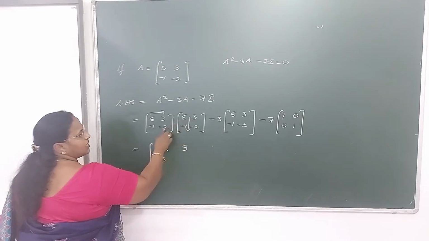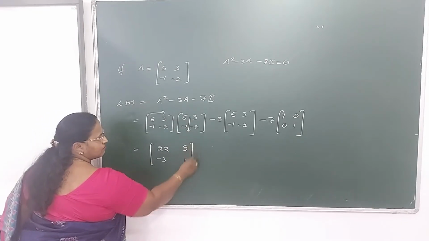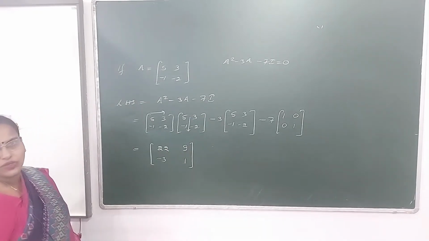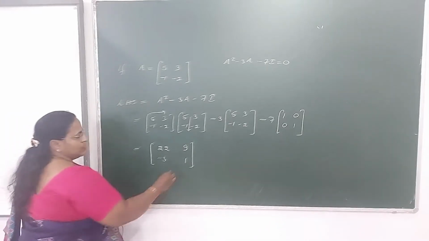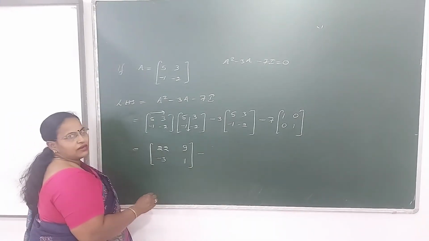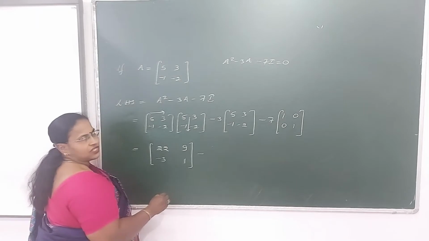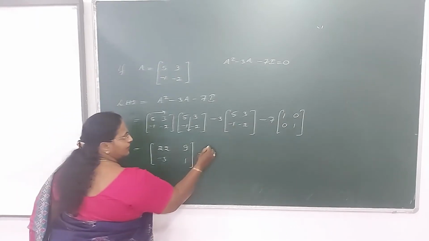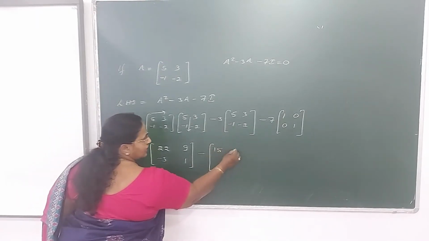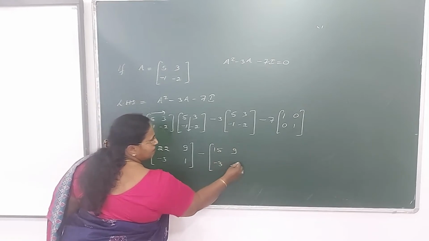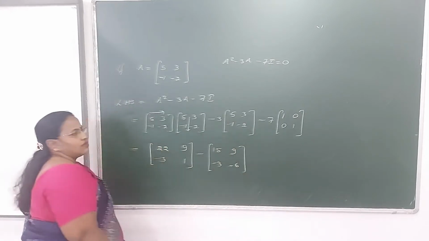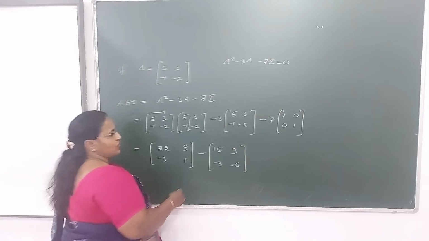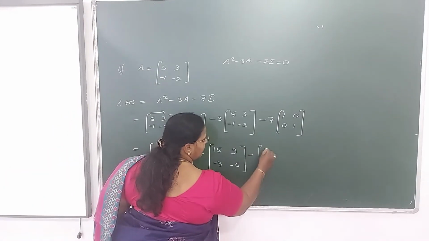This is minus 3 plus 4, it's 1. So we have obtained A square. Now what about 3 times this matrix? Scalar multiplication, this 3 will be multiplied to each and every element. So it's 15, 9, minus 3, minus 6. The last one is the same thing, 7 you multiply to each and every term, that way it is 7,